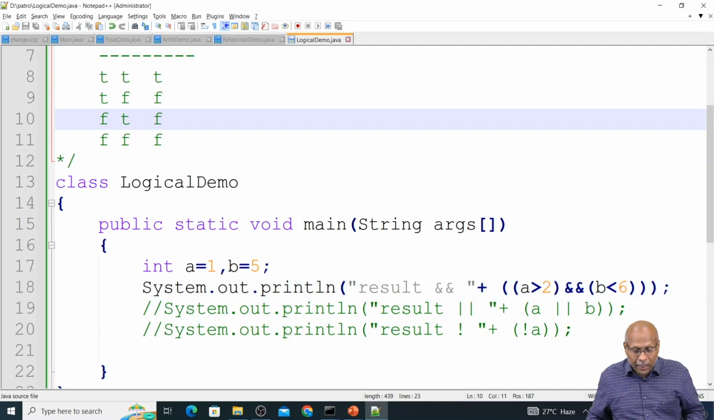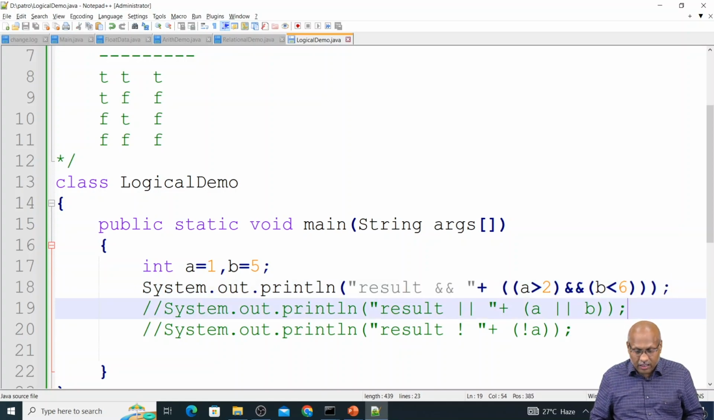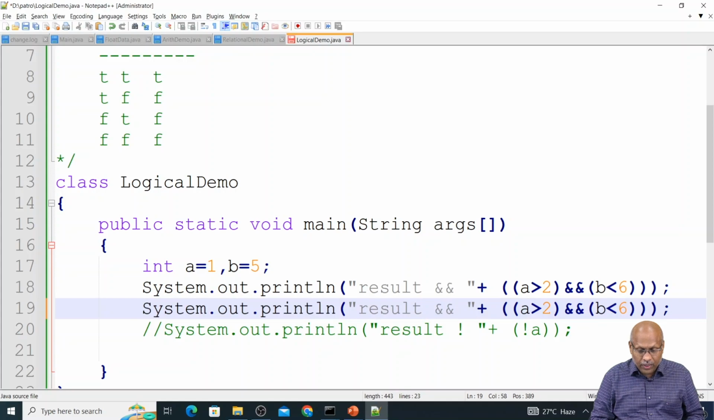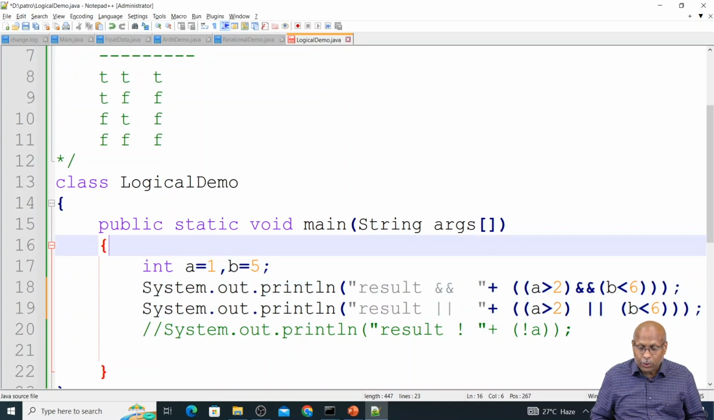Now let me apply the same thing for the OR operator. Copy, paste. OR means double pipe, and here I'll write OR. This is simply for display purposes. Now, A is how much? 1. B is how much? 5. 1 is greater than 2? No, false. But 5 is less than 6? True. So